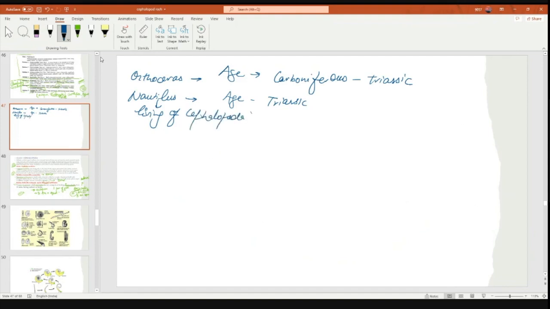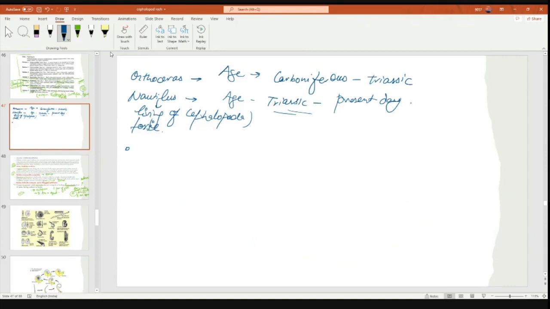Cephalopod, because these are still present, and living fossil जो present है उनको living fossil नहीं बोलते. Living fossil का हमने definition देखा था guys, याद है? Which don't change their primitive characteristics. Okay, जैसे थे past में उनके morphological features, they are still continue, they are not going to change, so they are known as the living fossils. So Nautilus is still same as it is, जैसा past में था वो आज भी वैसा ही है. Okay, so the age is Triassic to the present day. Obviously ये living fossil है तो still present होगा, that's why this is Triassic to present day.